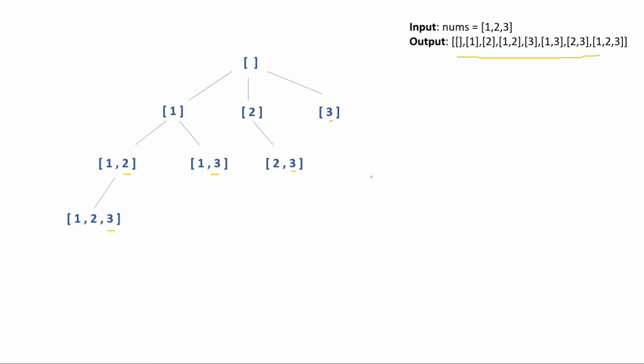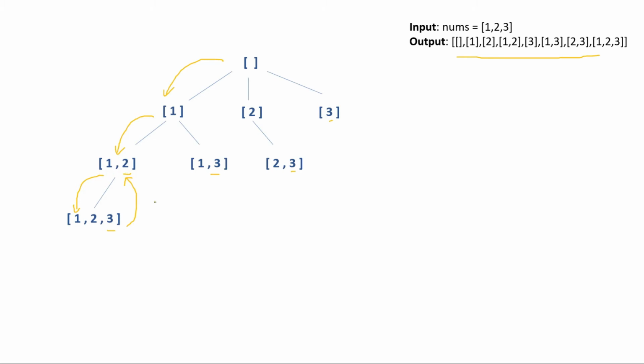Obviously we have to use backtracking, because here if you check, first we went here. We know that we have to come back and use 2 and 3, but first we started with 1. Then we know that we have to go with 1, 2 and 1, 3, but first we started with 1, 2. Then we can go to 1, 2, 3. Then there is no other choice left, so we have to come back here. Means we have to backtrack. And that time we have to drop the last element. And again we have to make ourselves 1, 2.